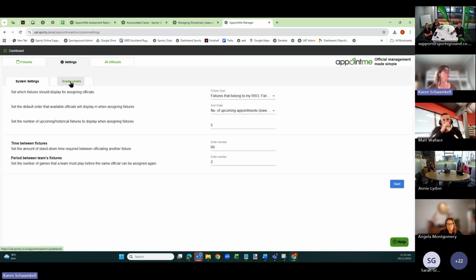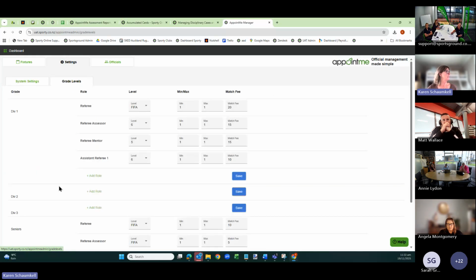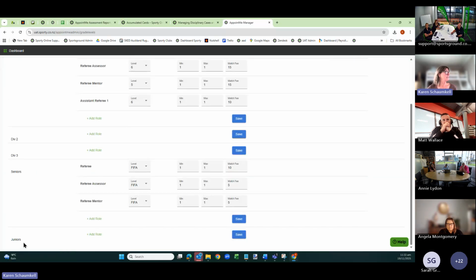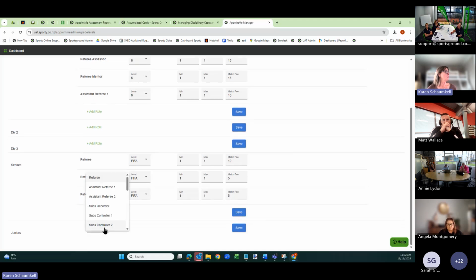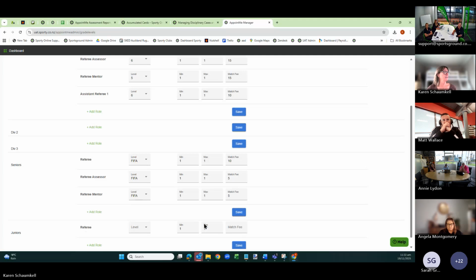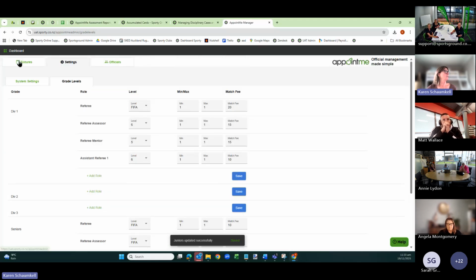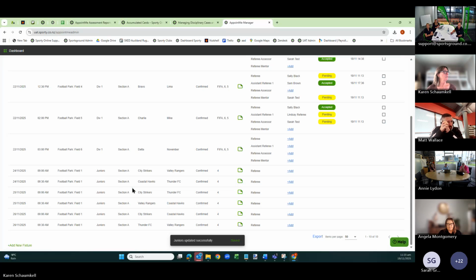So if I was to go into the grade levels again, that juniors grade doesn't have any roles, but just say we wanted to select a role and give them a level and save. You'll see that it's confirmed that those settings have now been saved. If I was to go back to the fixtures screen, you'll see that the junior grade now has the opportunity to assign a referee to games within that grade.